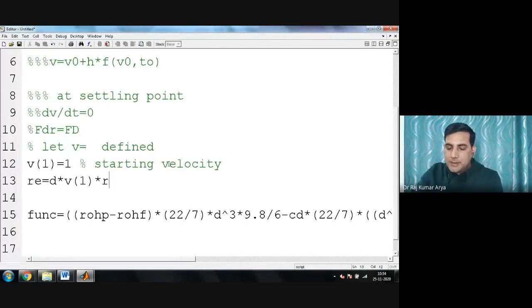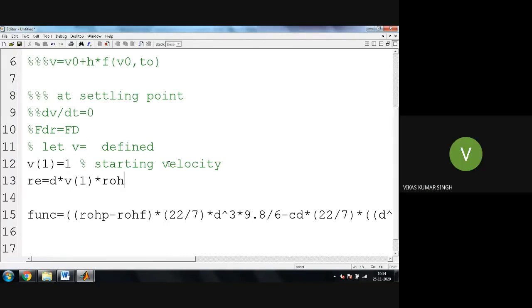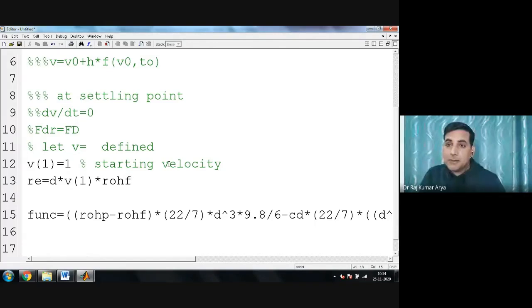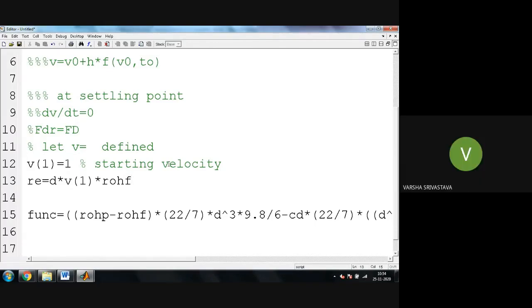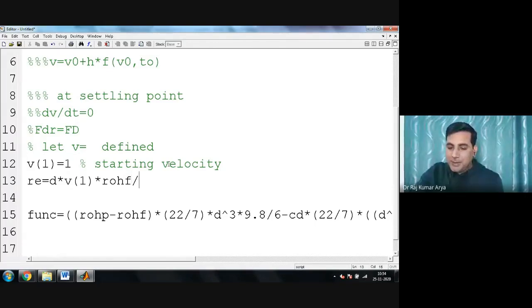Rho is the density of the fluid, divided by my viscosity, which I have defined as mu. I will calculate an RE value.